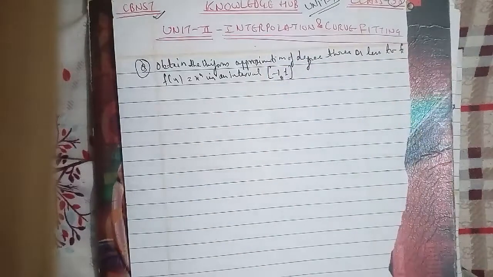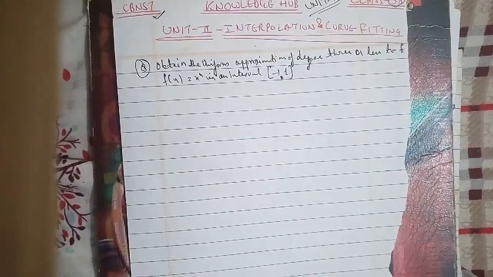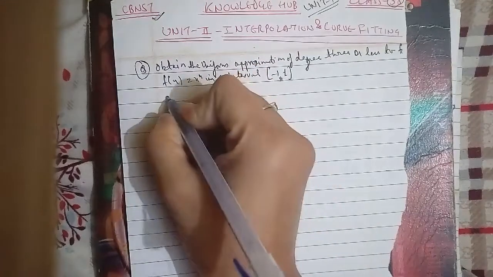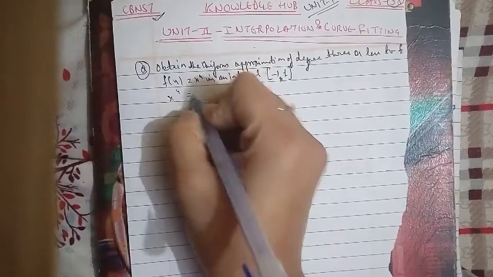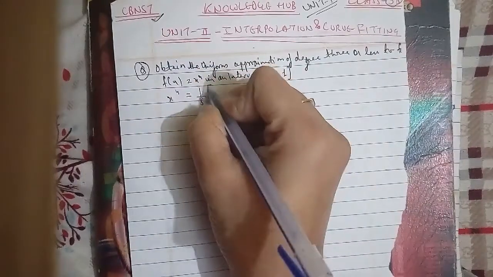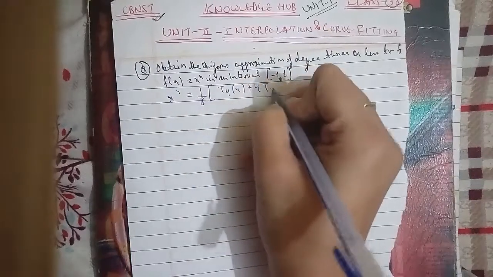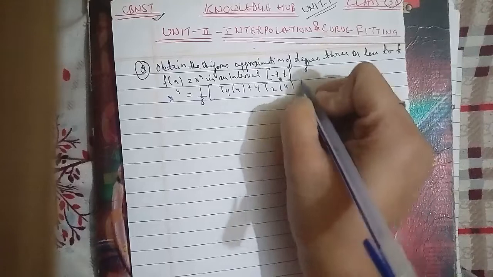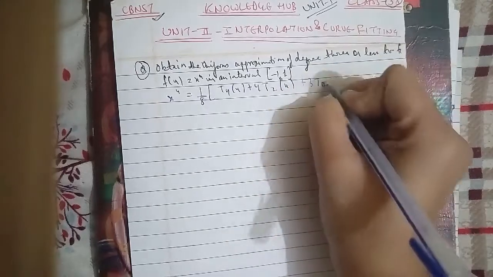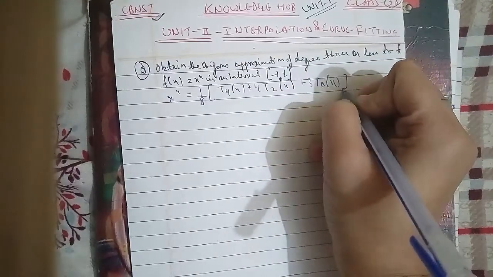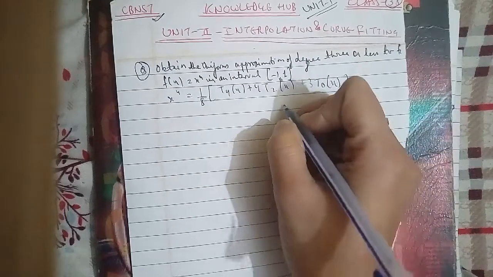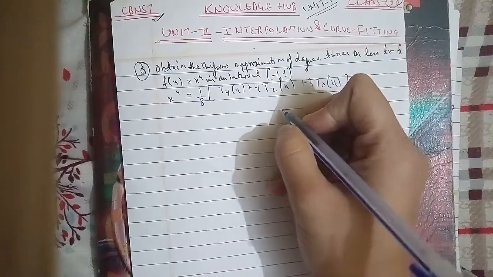So for that, let us express f(x) equals x to the power 4 with the help of Chebyshev polynomials. So for that we have x to the power 4 equals 1/8 [T4(x) plus 4 T2(x) plus 3 T0(x)]. Here, since a polynomial of degree 3 or less is required, we have to consider